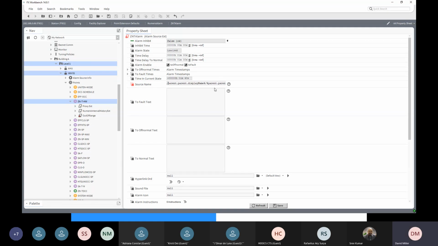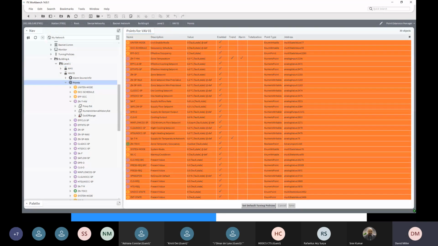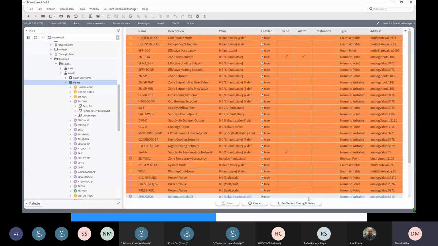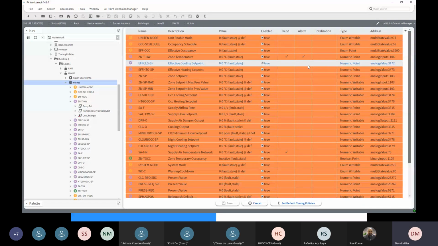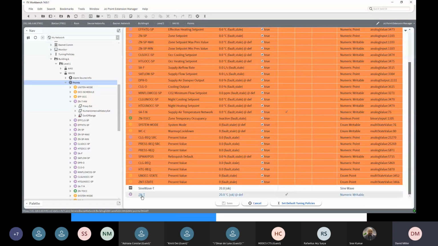So we're done that, we're happy with that, and we save it. Okay, so what we're saving here is the point extension default numeric alarm ZNT alarm. Now, when we go back to our points folder here, and we choose our JCI point extension manager,